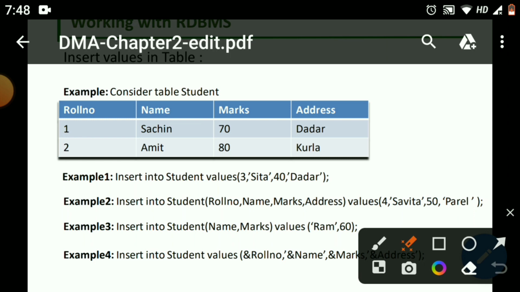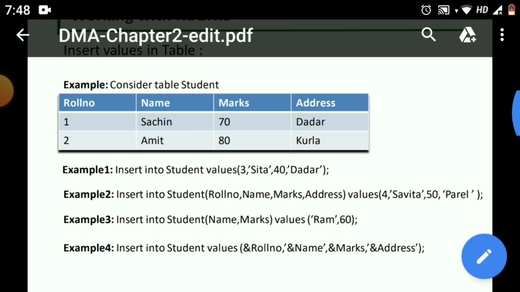The third way is null. So insert into student, name and marks, values Ram, 60. What will this command do? This will insert Ram in the name column and 60 in the marks column. The roll number and the address column will be empty, null actually.